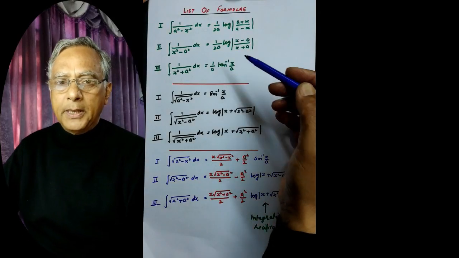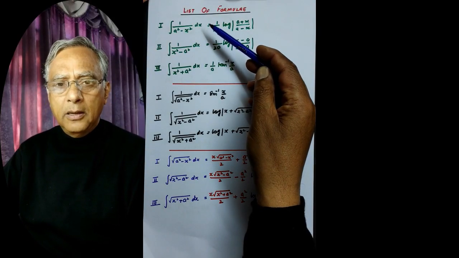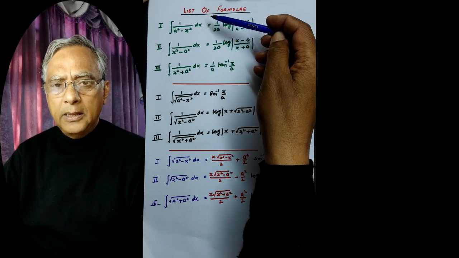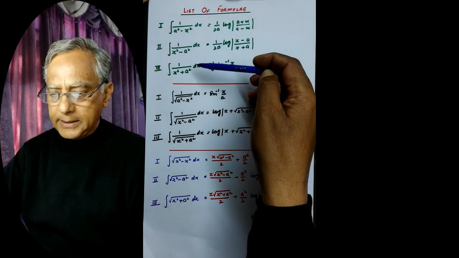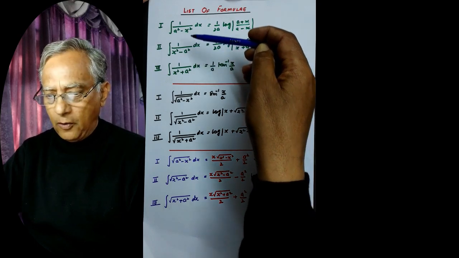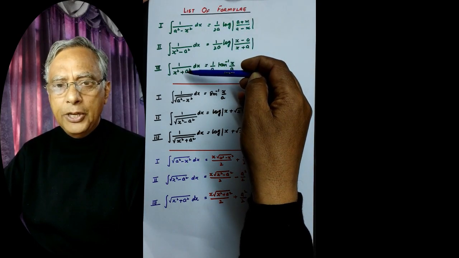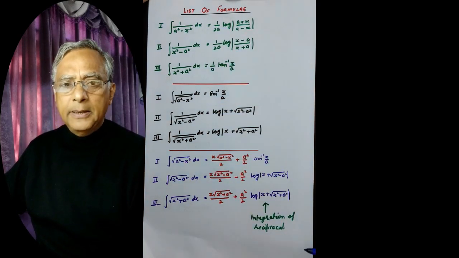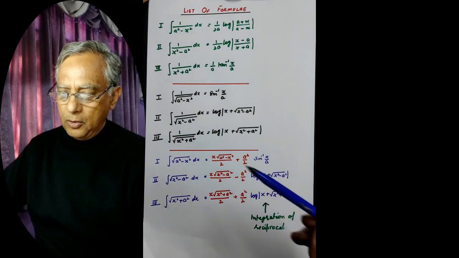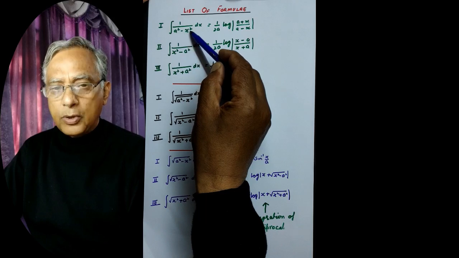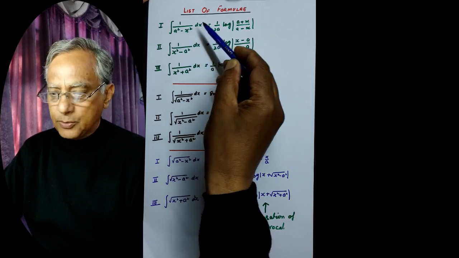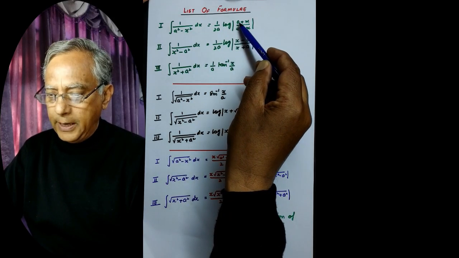Now before taking up the next type of integrals, we must memorize the following list of formulae. I have divided this list into sets of 3 formulae each, and we must memorize them. First is integral of 1 over a square minus x square dx, which is 1 by 2a log of a plus x over